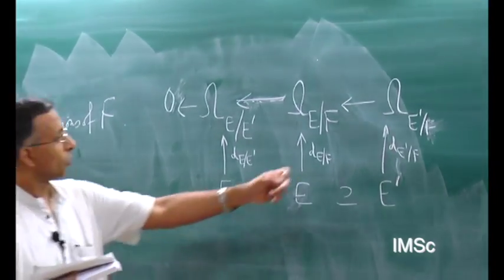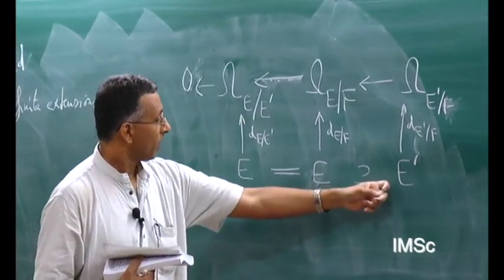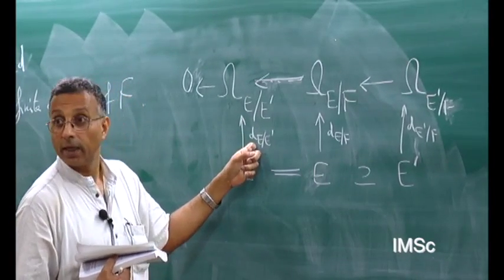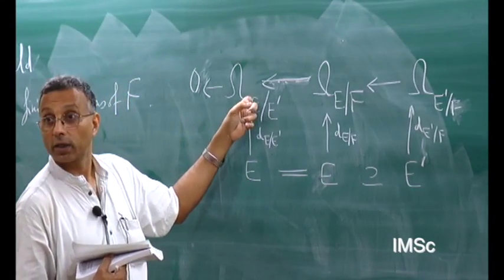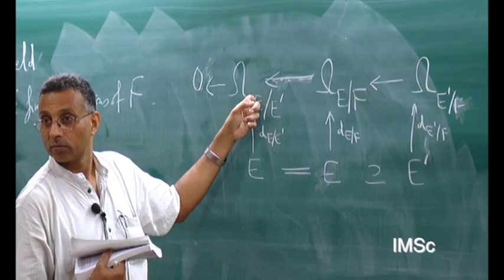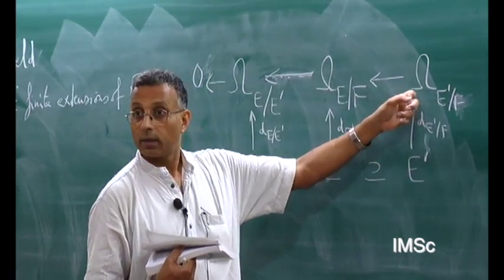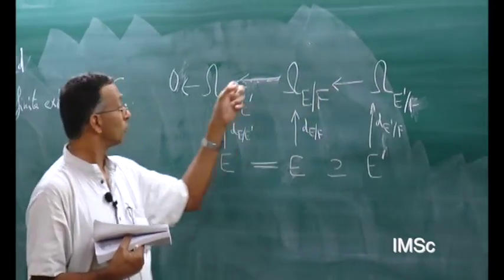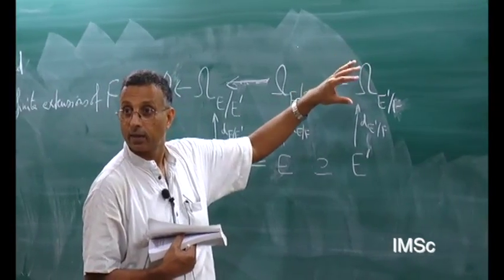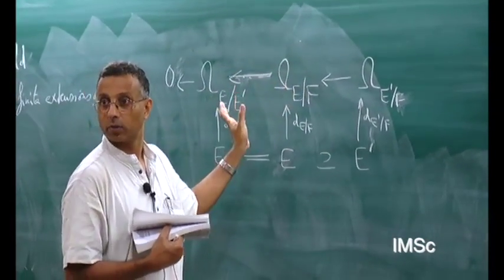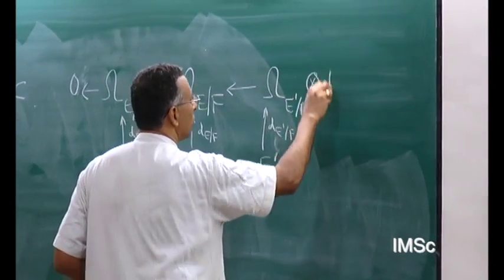And why is this composition 0? Well, if I go here, this is an E prime derivation. Therefore, E prime goes to 0 here. So its image here maps to 0, right? And that image generates this, therefore it goes to 0. Right? So and moreover, I can tensor this with E over E prime.